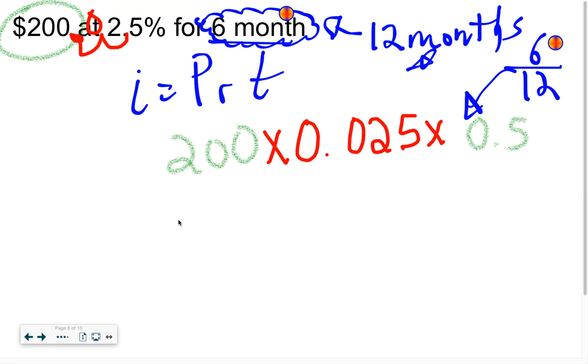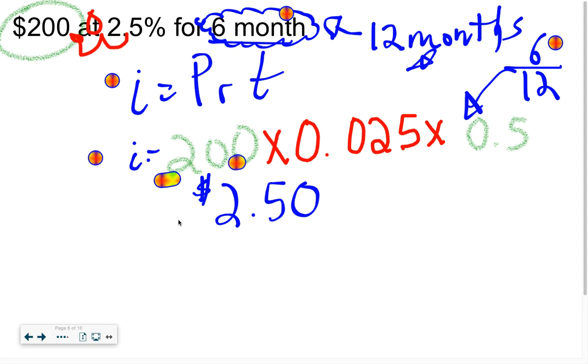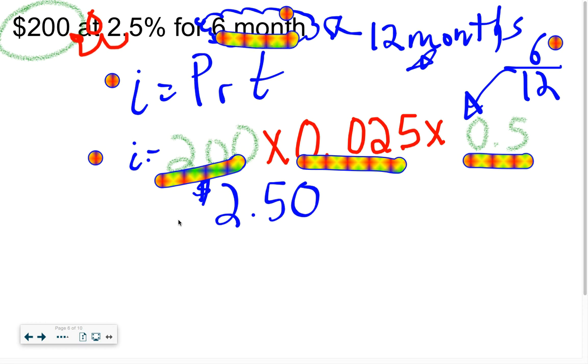Strange as it seems, you get the answer 2.5, or again, since we're talking money, $2.50. Formula, every time, I equals PRT. Work, where you have the principal, times the rate, times the time, which has to be in years. So if they give it to you in months, put that number of months over 12. If you can change those, divide them into a decimal, great. If that's a repeating decimal, we'll talk about that day 2. Otherwise,